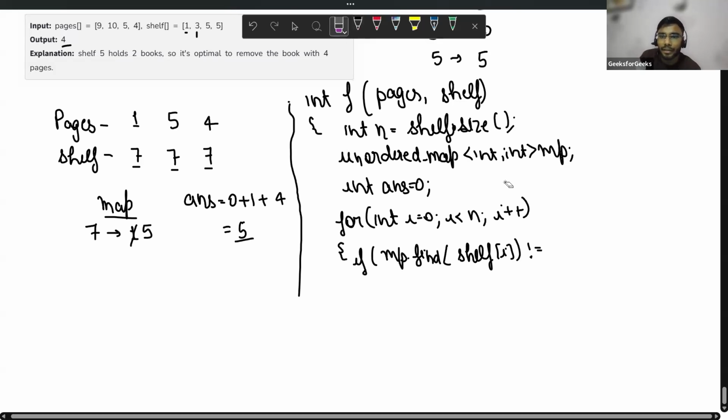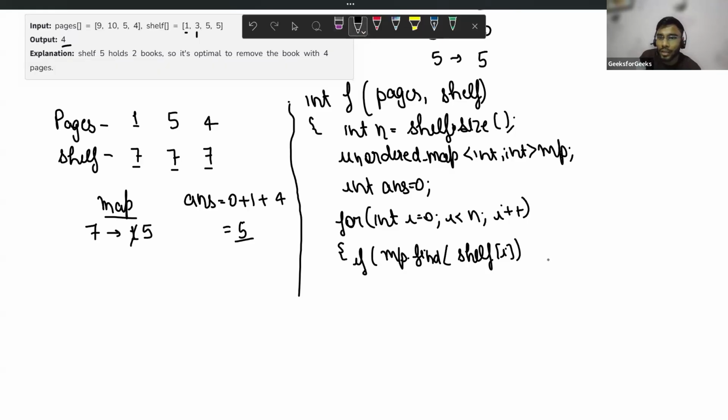If it is equal to mp.end, it is not present. Simply, what do I need to do? Store it: mp of shelf of i, store pages of i in it.